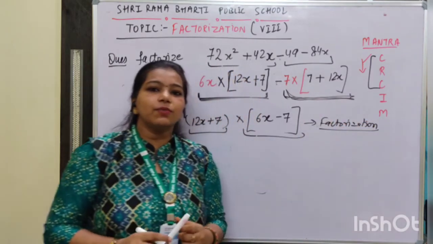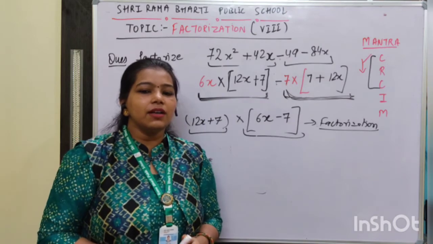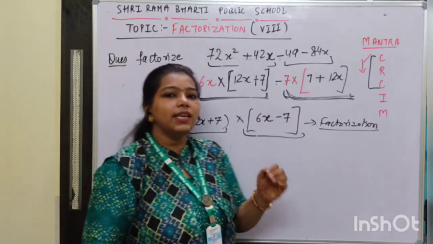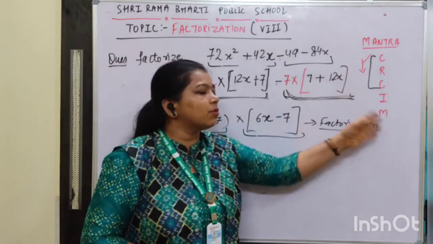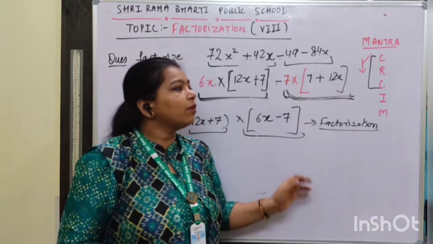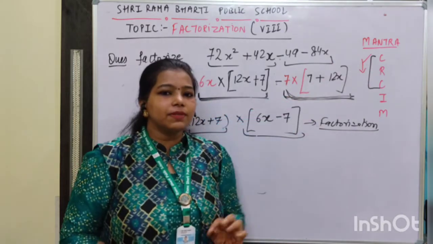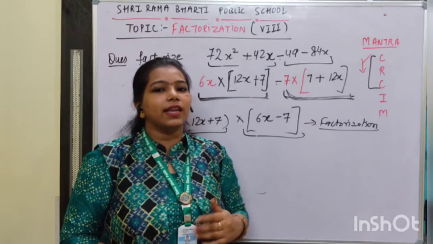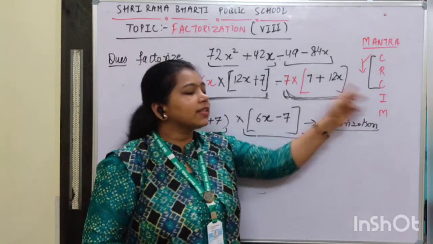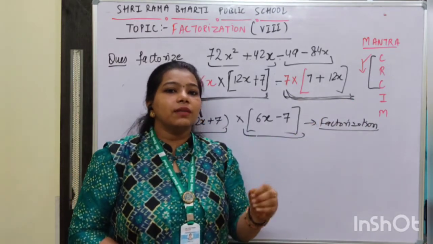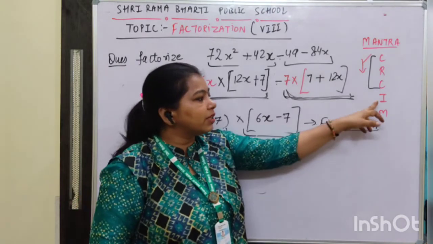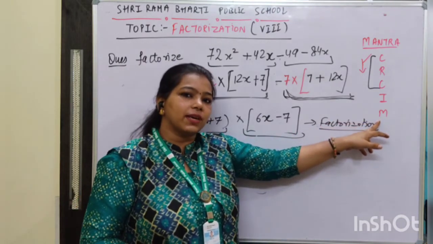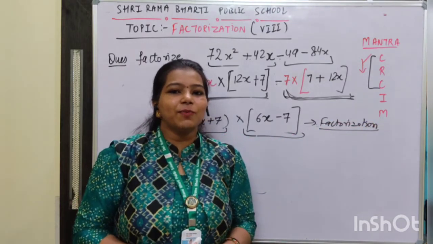So this is the way we can factorize any number. Only what we have to do in each and every question, these steps only we need to follow. Till now we have discussed only 3 steps. In the next video or in the next class, we will discuss the next 2 steps, that when the position will come that we have to reach the 4th step or the 5th step. Right children? So I hope you understood this.